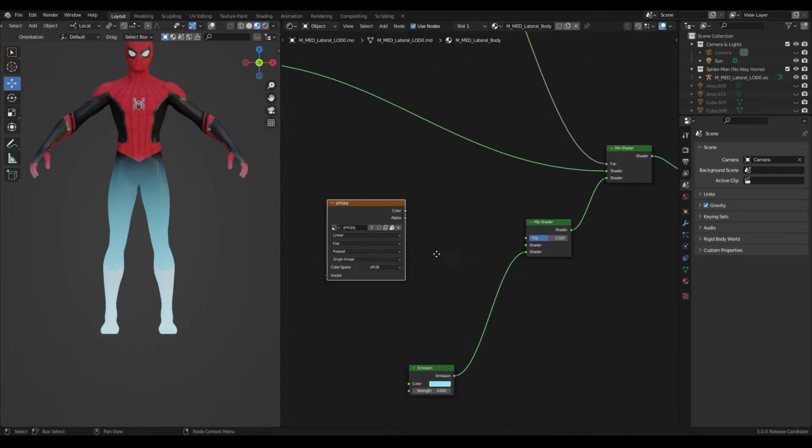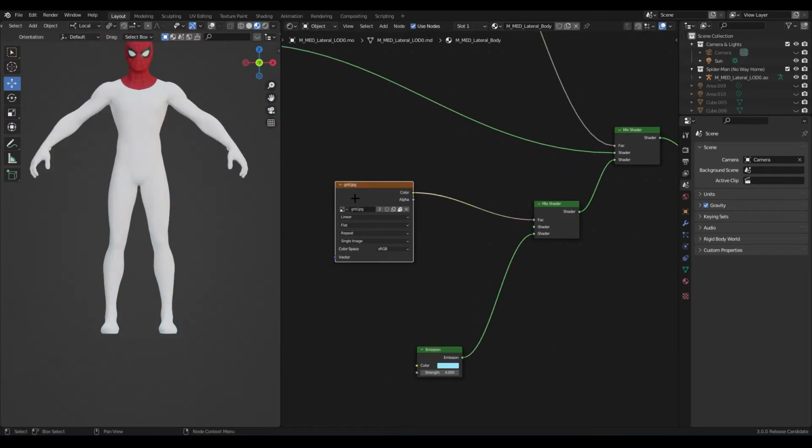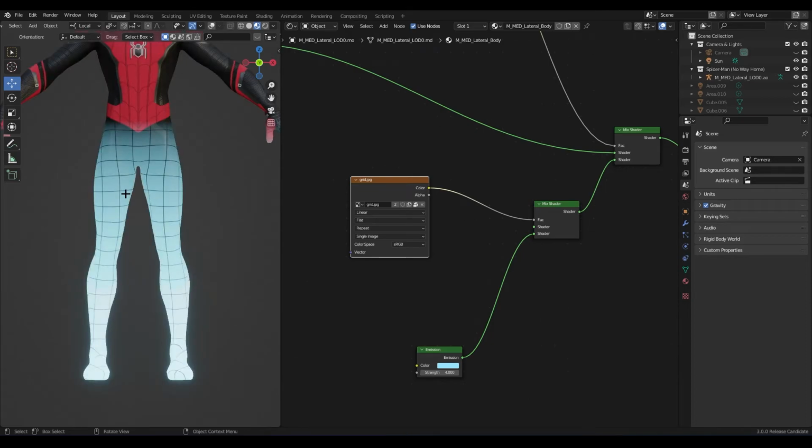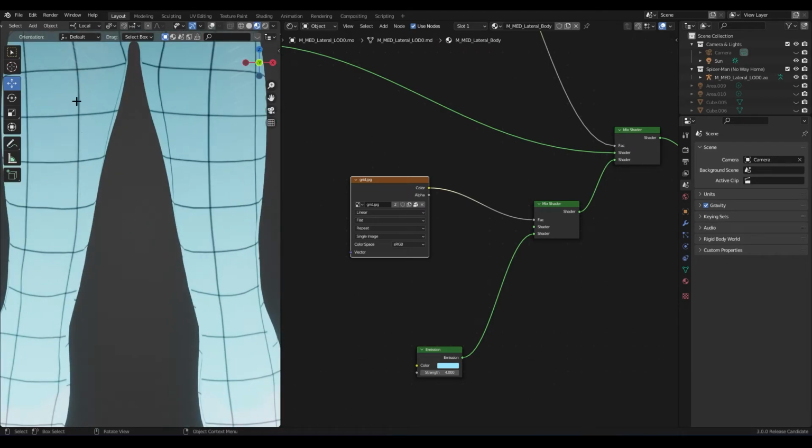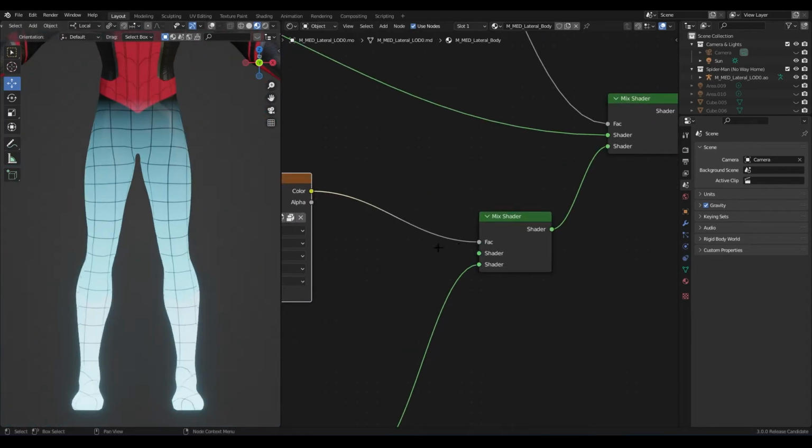So this is the grid. Then what we need to do is get the grid and put it into the factor. If you see here, it might not work there, but see how the lines are black? It's because there's nothing plugged into here. So all we have to do is type in RGB,